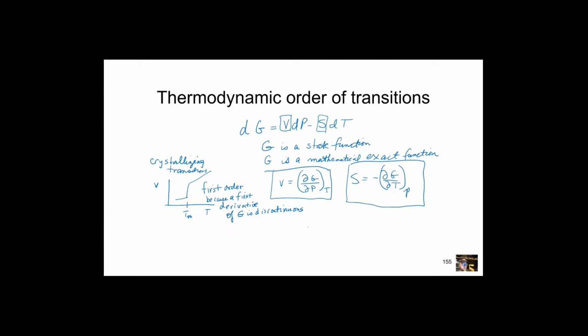It's a first order transition because the first derivative of G, which is V, is discontinuous. Okay, discontinuity exists for the first order. If I look at glass transitions,